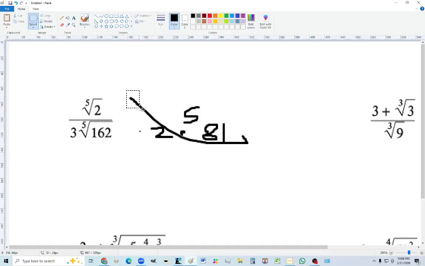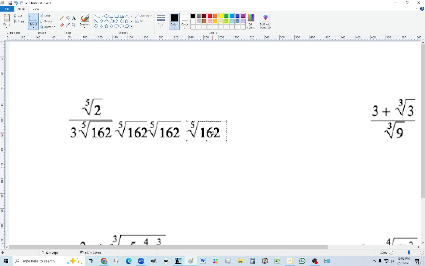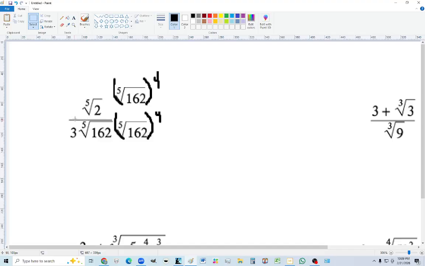So what we need to do is multiply it by 4 of these. 1, 2, 3, 4. And if I multiply it by the bottom, it's essentially that to the power of 4. And if I multiply it by the bottom, I have to multiply it by the top. On the bottom, it becomes to the power of 5 because there's already 1 there. And that power of 5 cancels out with this power of 5, which essentially gets rid of the root. And 3 times 162 becomes 486